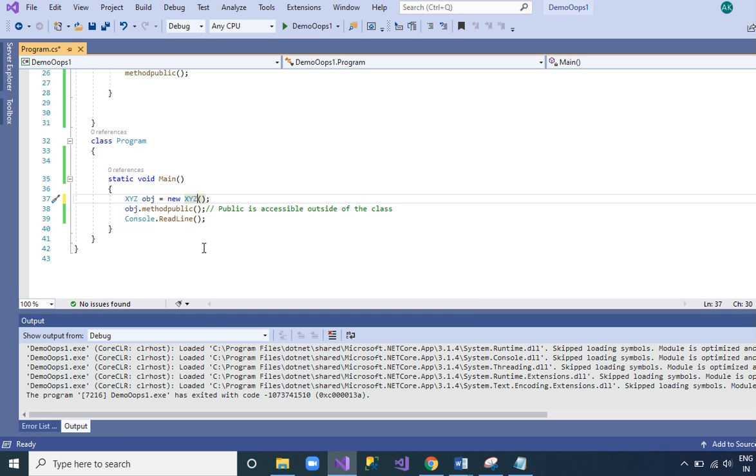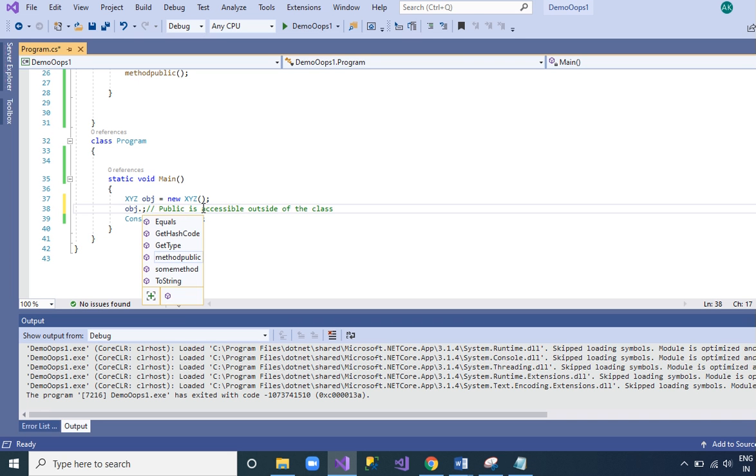Now we have the object of XYZ, so we can call some method.